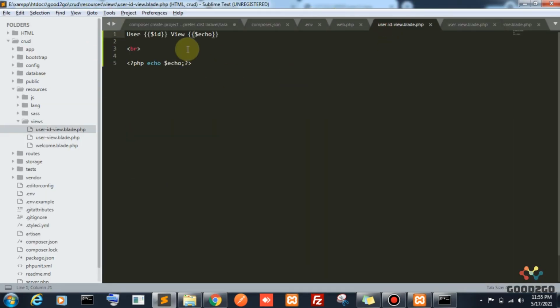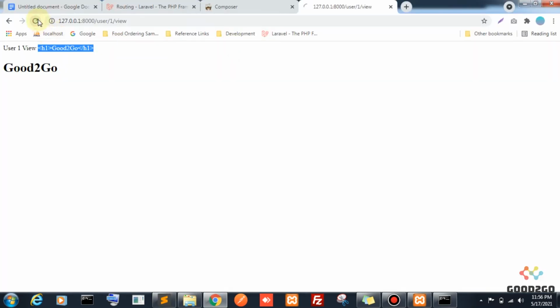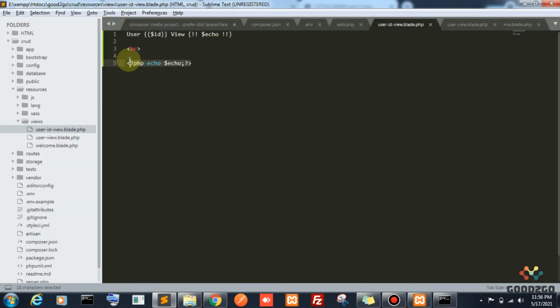Yes, we can do it. Laravel gave one more option. If you know this variable is holding HTML special characters, we can use it like this: curly braces with a double exclamation symbol, this is the open and close. Yeah, that's it. This is the echo of Laravel, this is the echo of PHP. So we can avoid the PHP method and only use this Laravel echo method. Fine. This is the basic example of HTML injection avoiding methods. This is also one of the security methods.